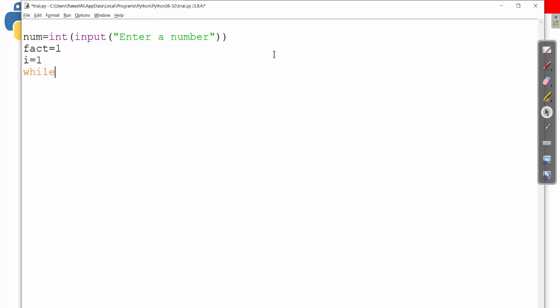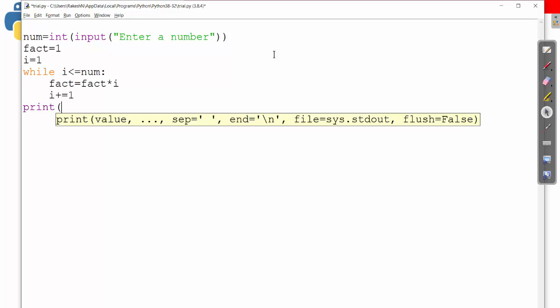And I am writing while I is less than or equal to num, fact equal to fact star I, and I is incremented by 1. As long as this condition is true, it is okay. Otherwise I'll come out and I'll print fact. Right? Yes.